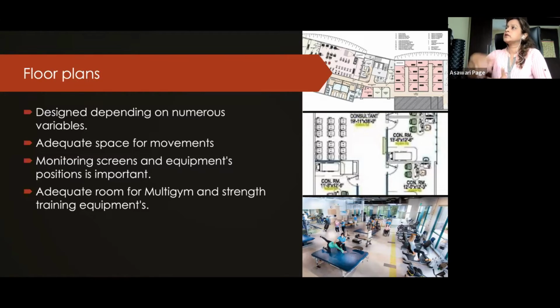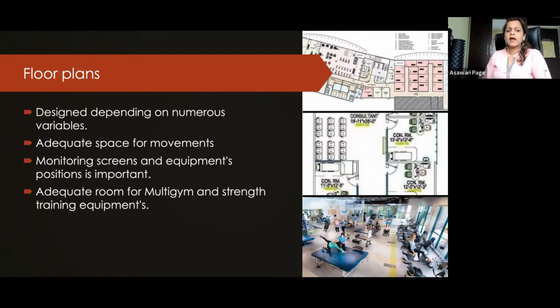So you need a mirror, a huge mirror, which is, I think, the major part of our rehab department. You have to have a big mirror in your department, along with the equipment and the monitoring devices and a central screen where you have the telemetry monitoring done. So all these, the floor plan has to be really precise. And if you get a chance to be in the floor plan management right from the beginning, then it becomes easier to go ahead.